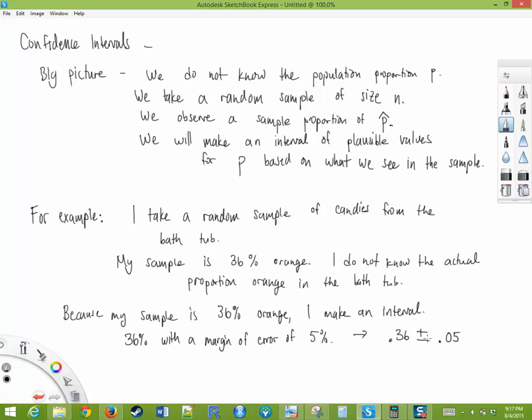And so now, essentially, I'm saying I am reasonably certain, or reasonably confident, that the actual proportion that's orange in the entire bathtub, the actual proportion P of orange candies,